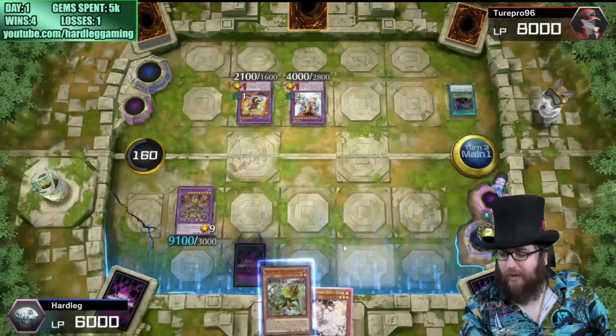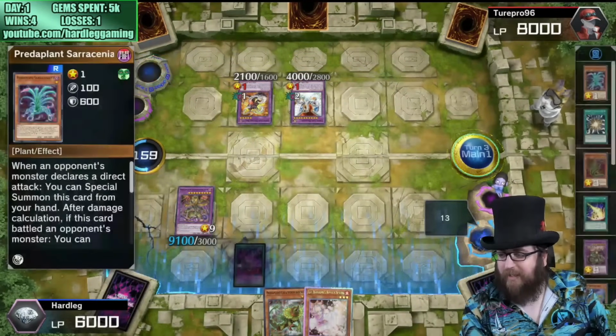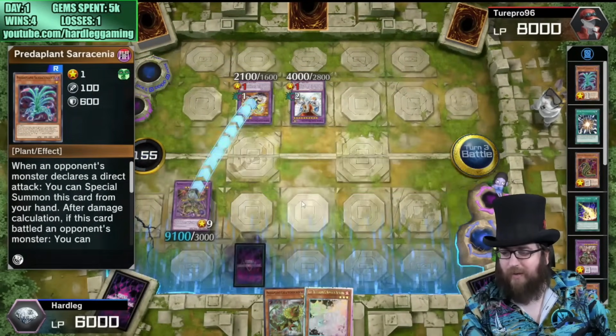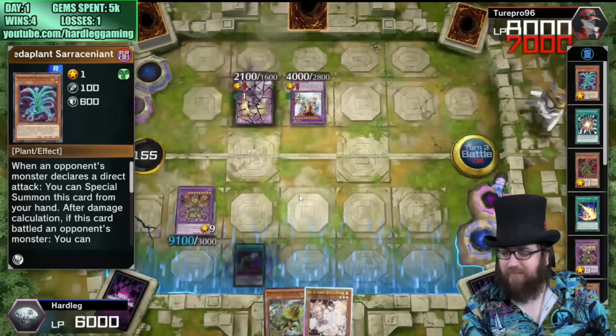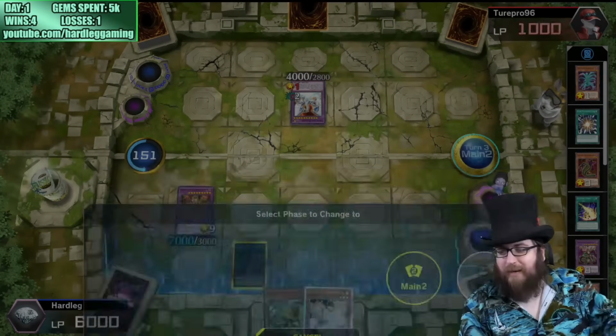It's a pity we had to use our normal summon, because if we could normal summon this, that would be very funny. But at least their fusion is gone, and we've got a very, very big thing, so let's attack over this. 7,000! Alright, Cyber Dragon,